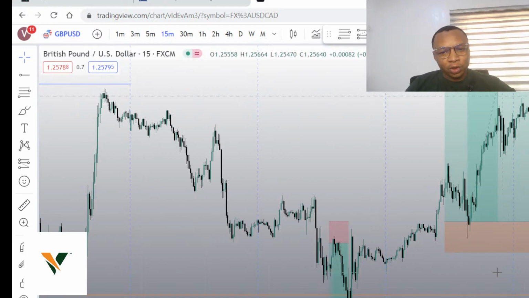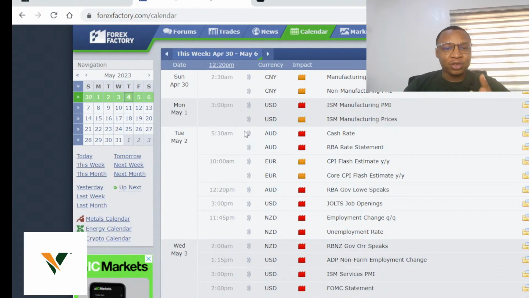So for us, we didn't engage in the market on Wednesday because when we are not certain of the market direction, especially when there are so many news events, we stay off. Since this week, like I said on Tuesday, we had so many news events, so we're always trying to trade carefully. We trade mostly on London sessions when the news is not so much, and we try to avoid the New York sessions except for Tuesday because we didn't have any serious news. It was just job openings on Tuesday.